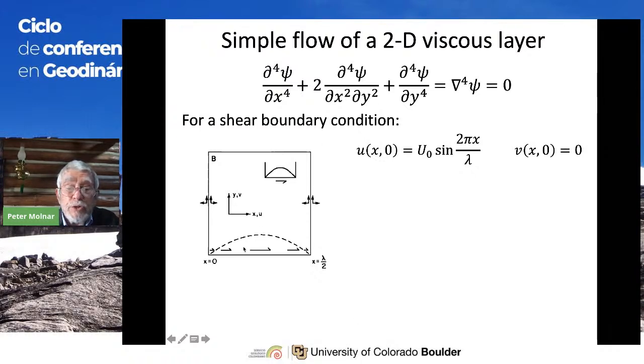We're talking about the strike-slip boundary. This is the boundary condition. We're putting a horizontal component with a sinusoidally varying magnitude along this edge in here. We're assuming there's no vertical component along the edge in here. I think I've made a mistake. I think this is wrong, but we'll move forward.